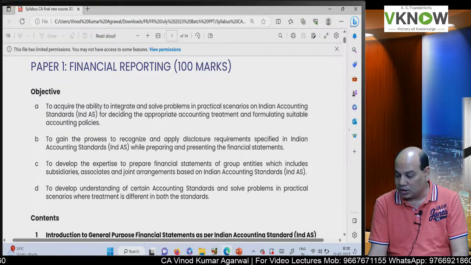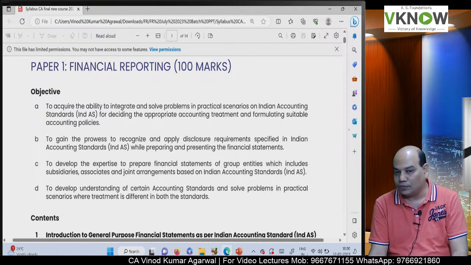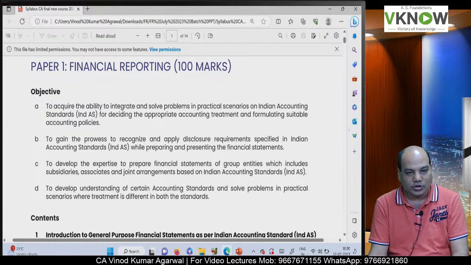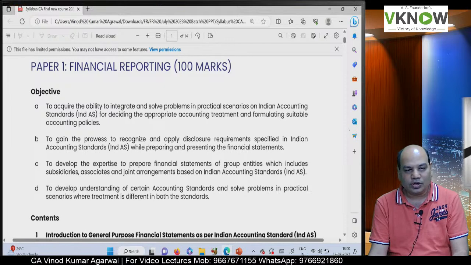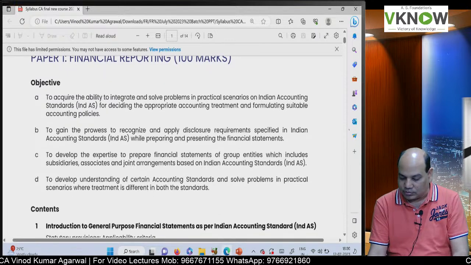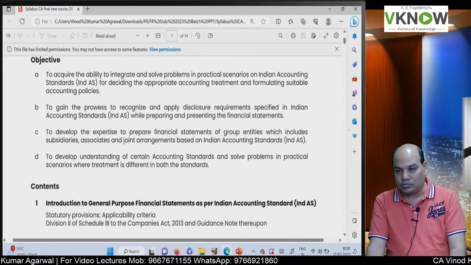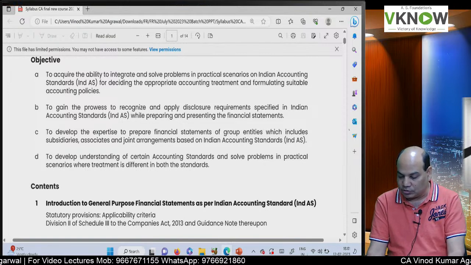you have to understand the application of Indian accounting standards. So the focus of the syllabus would be Indian accounting standards, which in short we call Ind AS. That is the Indian version of IFRS. The Indian version of IFRS is Ind AS. And by studying this syllabus, you will be able to understand how to apply Ind AS in practical scenarios,